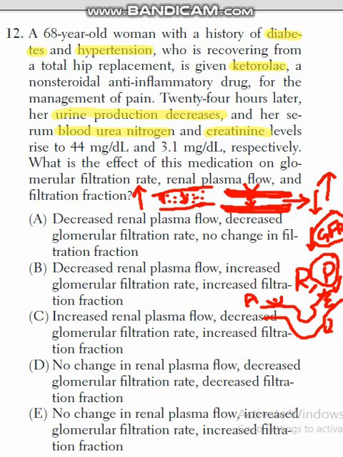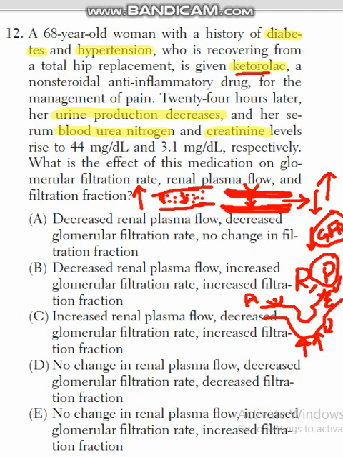So two mechanisms. Number first, the action of the renin on the efferent arteriole leading to vasoconstriction of the efferent arteriole. It increases the pressure and increases the GFR. And number second, the vasodilation effect of the prostaglandins: when the arteriole is dilated, more blood flows toward the glomerulus, and again the GFR increases. So it is the physiological phenomenon. But the patient is taking some medication, the anti-inflammatory drug ketorolac.